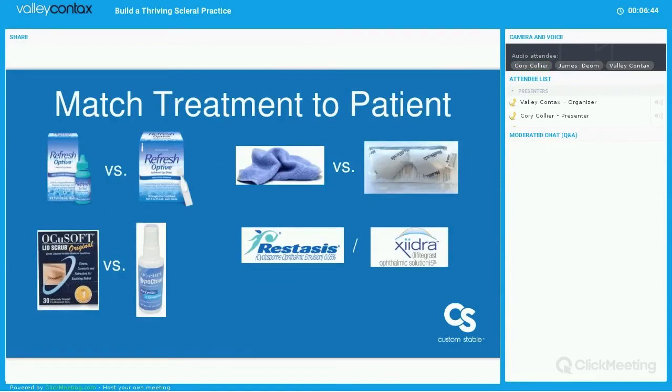So I'm a big advocate on, as we're getting started with the patient, to really match the treatment to the patient. I don't think there's a universal protocol that you can apply to every patient. But I think it's very important to be as specific as possible for each patient. Any of us who goes into a drugstore or walks into an eye care section knows that there are just an endless array of options for patients to gravitate towards. And you want to make sure they're using the product that, one, you want them to use, and two, you know what they are using so that if there's issues or changes,